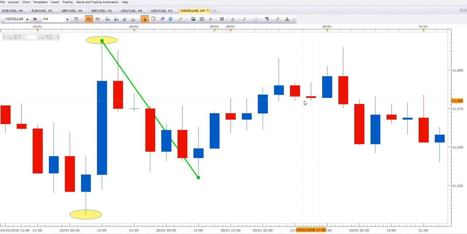The next one is a sideways movement for the lows. So we can see that all these lows here are the same, at the same price, even though the highs have come. The highs are varying, the lows are not. So it's all sideways movement until we get to this blue candle. This blue candle has got a higher low and a higher high. So from this low here, we've gone up, up, side, side, up, side, side, up, and then another sideways candle